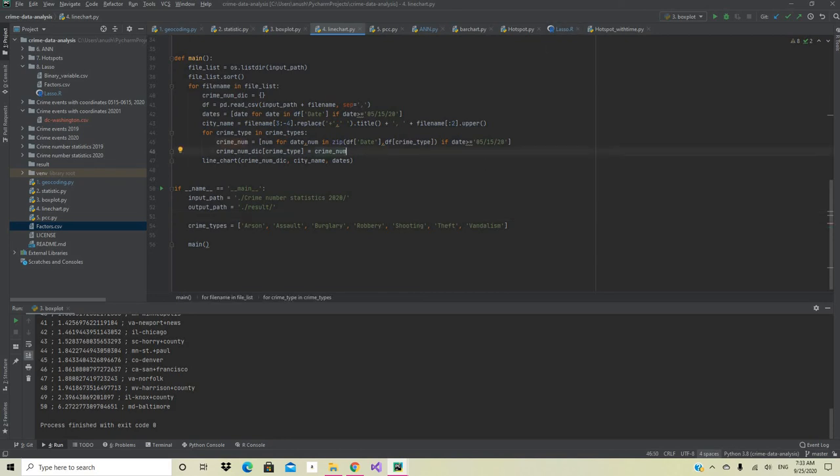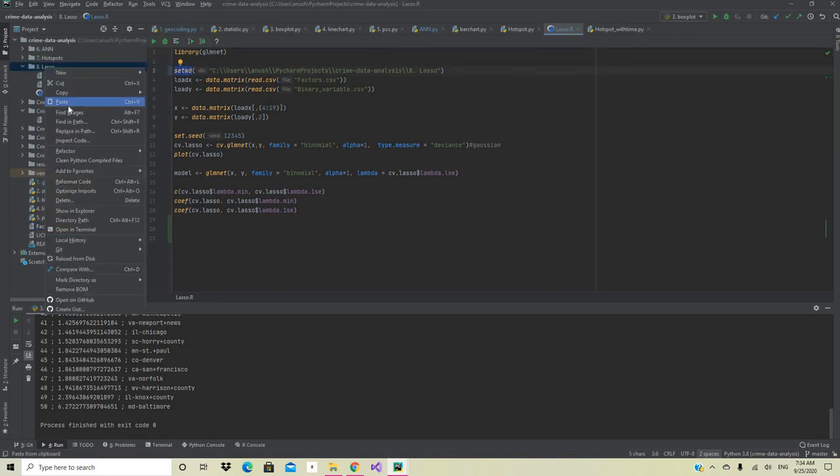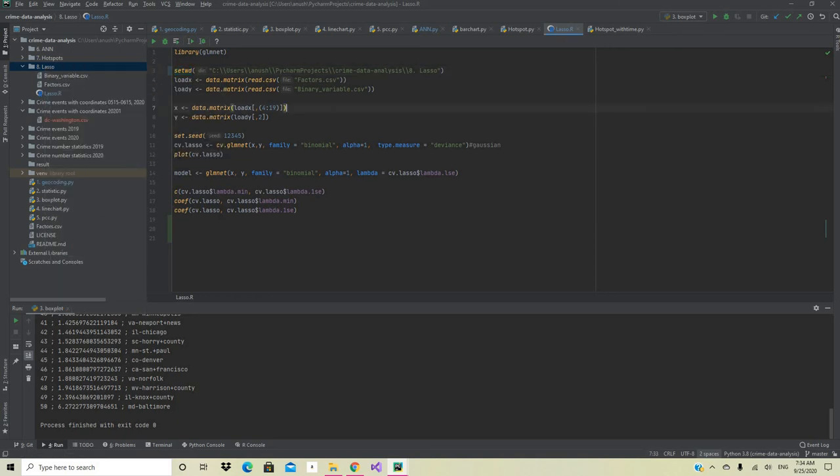Now let's move on to the last script, the OR file. I have already installed the library for this script, but if you don't have it, please install it before running. The next step is to set the directory for the OR. We need to copy the path of this directory. Go to Copy, Copy Path, and paste it here so that the working directory will be set. There are two CSV files as inputs for this OR script that are here. So let's run this now.